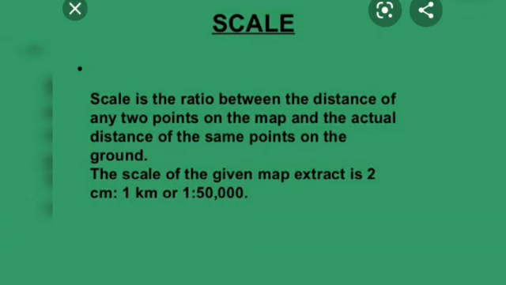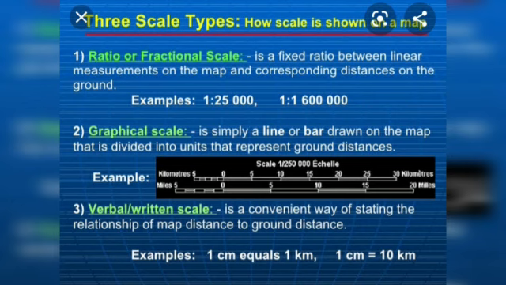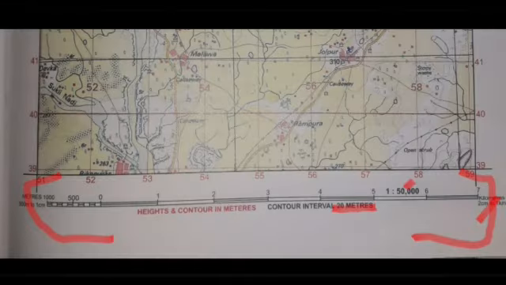So where the topographic grid is concerned, we have 3 different kinds of scales. The first one is the ratio or representative fraction, which in the grid book is written 1:50,000. That is the ratio scale. Then we have the graphical or linear scale, where a bar line is drawn with measurements from 0 to 500 meters and 0 to 7 kilometers. And then we have the statement of the scale, where it is written 2 centimeters to 1 kilometer.